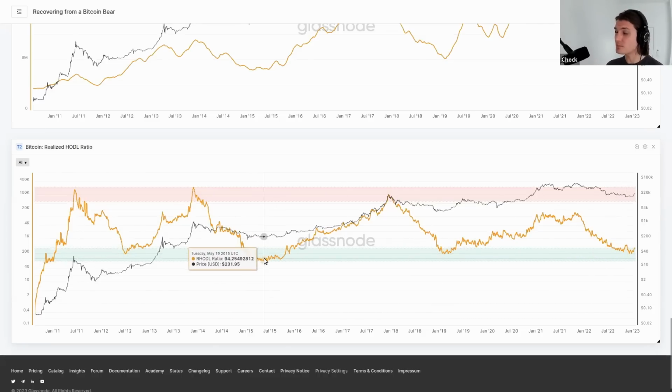But what's actually more important is when this thing starts to move into an uptrend. As we move back into an uptrend, that's telling you a couple of things. One, the smart money are smart. They understand the flow of the Bitcoin market better than most people. So when you see an uptrend in R-HODL, that is telling you that the smart money has essentially deemed there's a bit of exit liquidity.